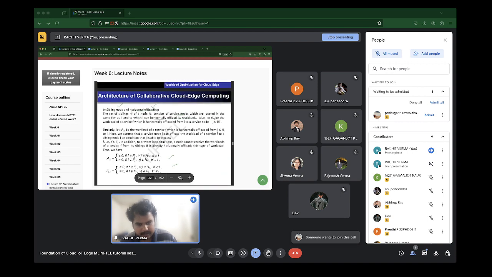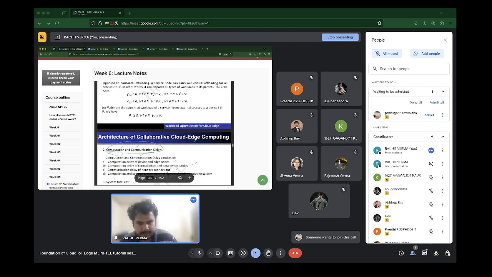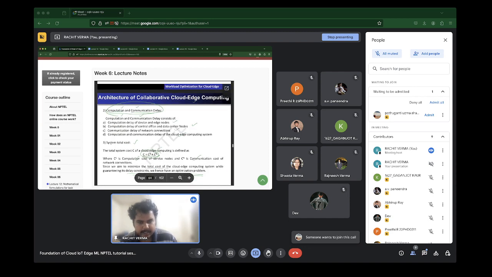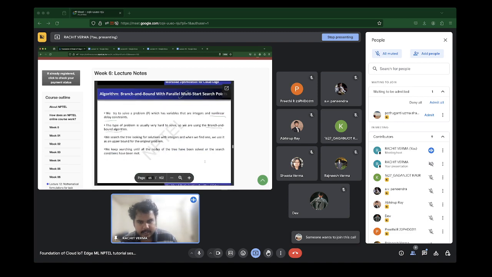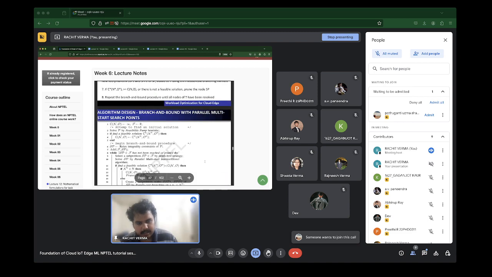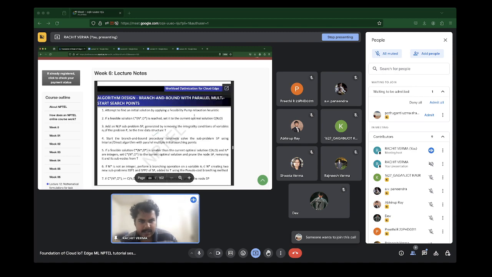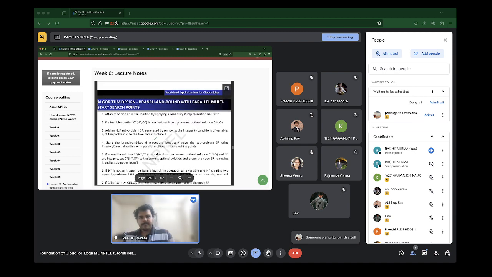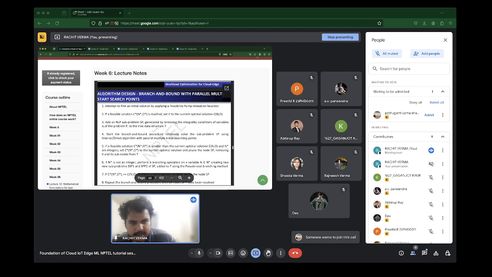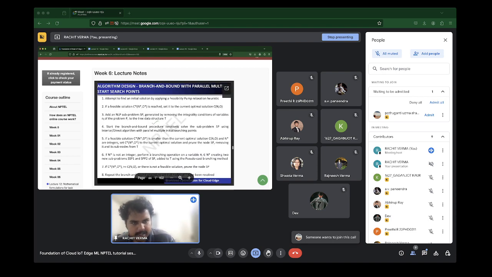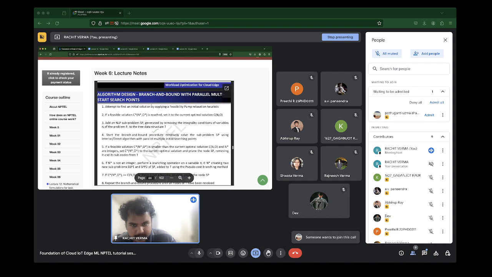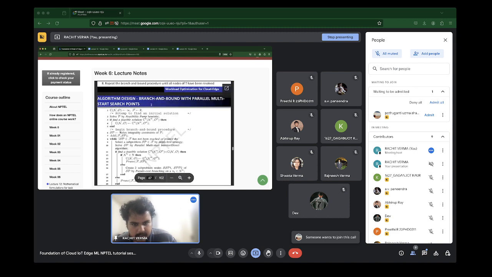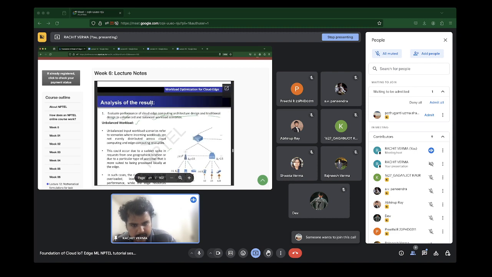And then we discussed how the total cost of a cloud edge computing environment could be calculated. We saw that it could be calculated in the form of the computation cost and the communication cost. And then we discussed very briefly that this kind of problem could be solved with a branch and bound algorithm. We saw some experiments in some scenarios.